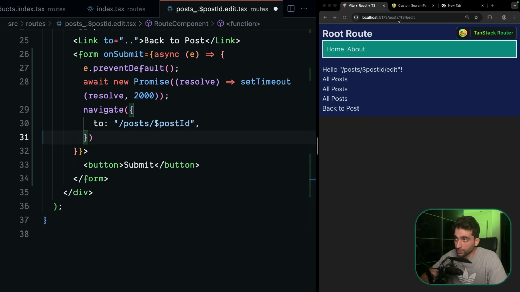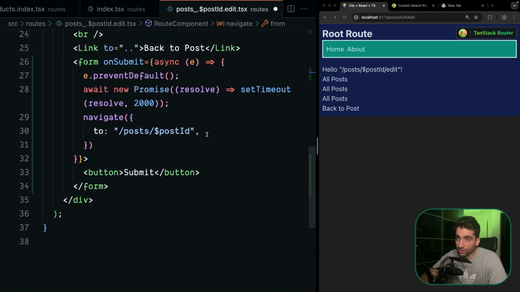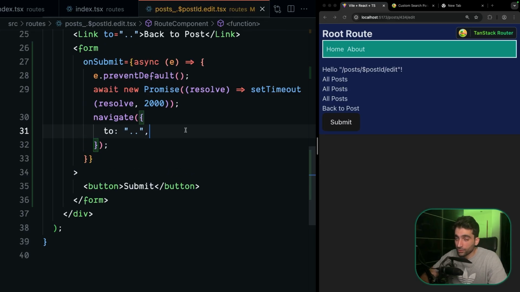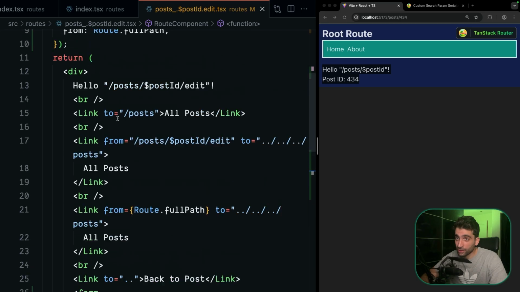Since we are already in posts/post_ID/edit, we need to go up one level. And therefore, since we specified from here, we can just go up one level like so. By doing so, let's submit this form and wait a couple of seconds, and we should go back to the post/ID route. One thing I would like to mention is we can access this navigate function without using this hook,